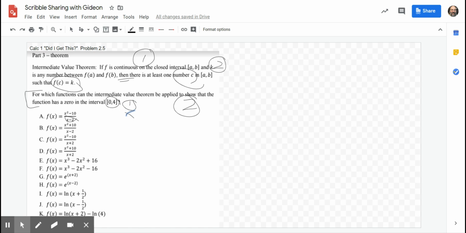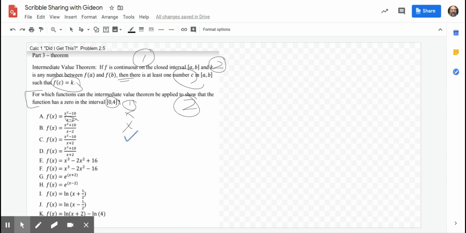B, rule 1 is still not fulfilled, right? When you plug in a 2, I don't care what the top is, the bottom is 0, so the function does not exist. So it's not continuous. C, -2 is the part that messes it up. -2 is the only way for this function to get discontinuous, to be not defined. So now what we want to do is go, okay, it is continuous on the interval 0 to 4. Nothing else weird happens because there's no square roots of negatives to avoid. Then we have to go to rule 2